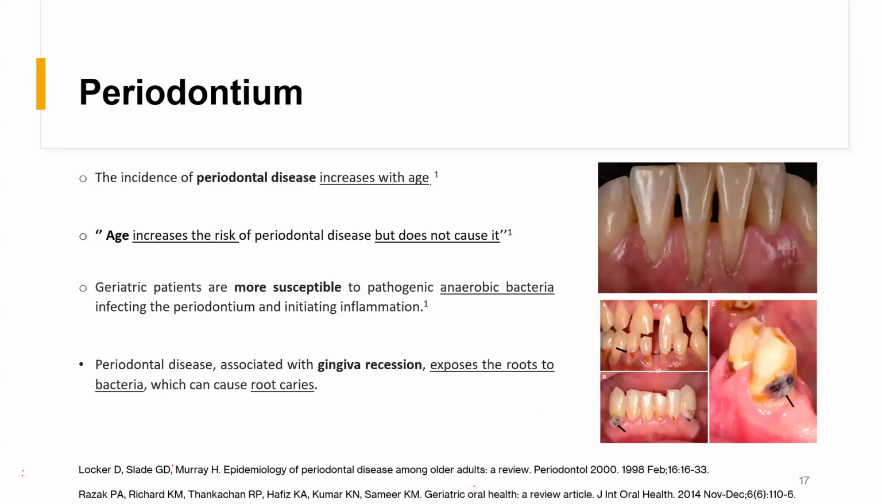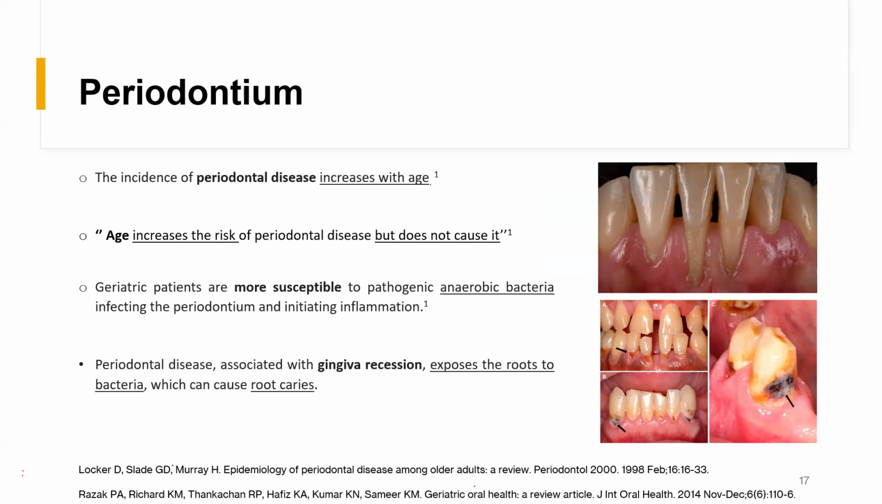Okay. Now, finally, for the periodontium, the incidence of periodontal disease increases with age. However, the periodontal disease doesn't occur due to the nature of the condition itself. So we can conclude that age is not the cause of periodontal disease. However, it's a risk factor because of the cumulative oral history of older patients with